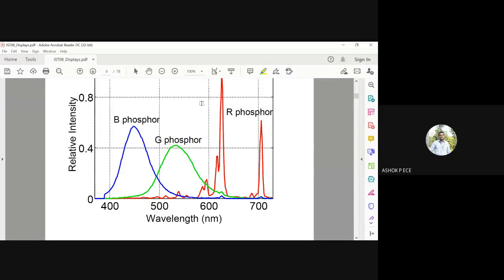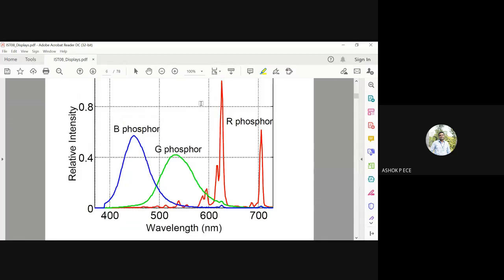So for the majority, they have given the basic colors RGB, and for that the spectrum is given. So what is the response? We find that red is going to have a higher response compared to green and blue. Red is going to have close to 0.9, whereas green has 0.4 and blue has 0.5, the color intensity.